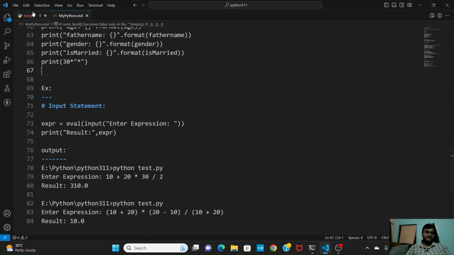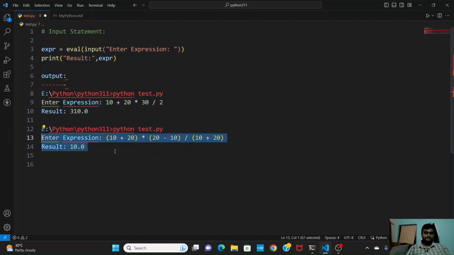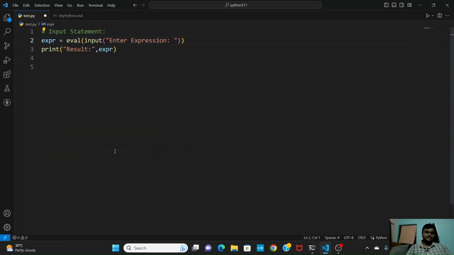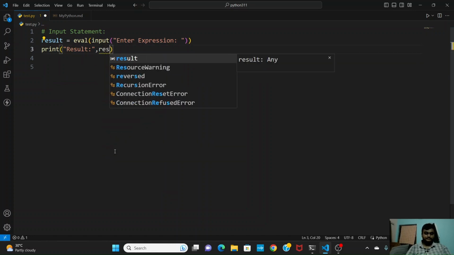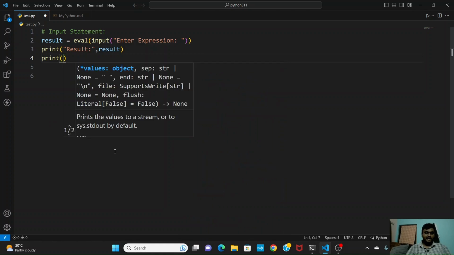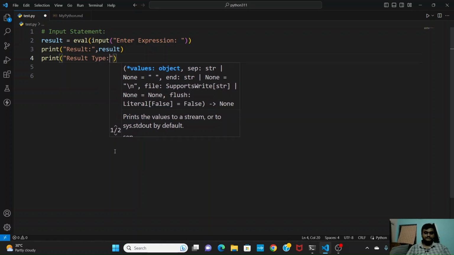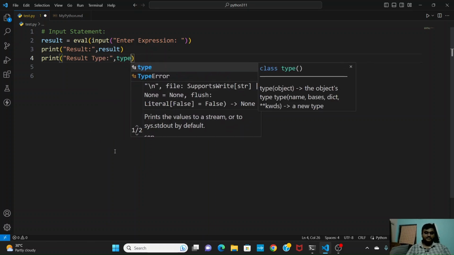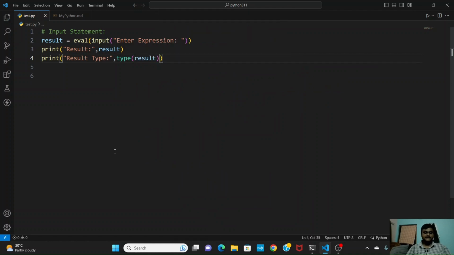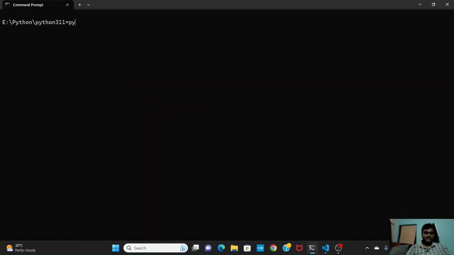Not only this, with eval in future, I'm making this a result. Print this result. I'm printing the type of result also: result comma type of result. See friends, we will do with this. cls, python test.py. We got the type of input. If we enter a string like this,